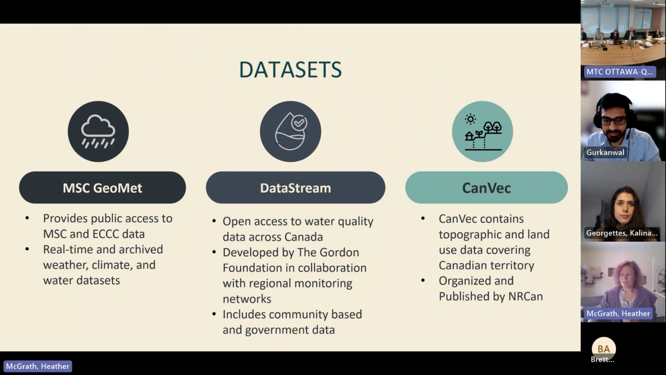So I'll hand it back to Gerkenwald to talk about the data sets and the model. Thanks, Heather. Yeah, so for the data sets, we've looked at three main data sets that are available for us